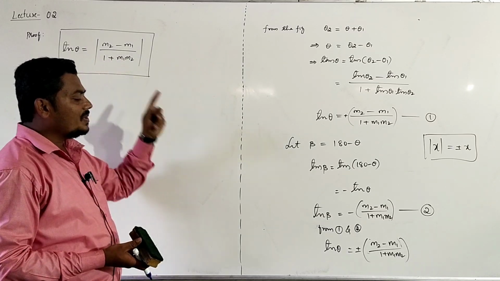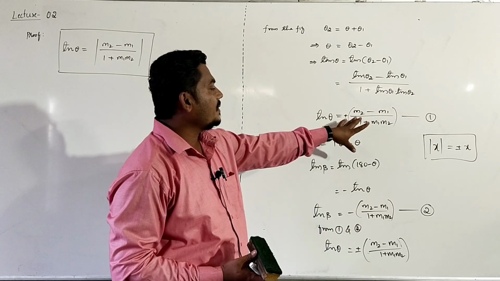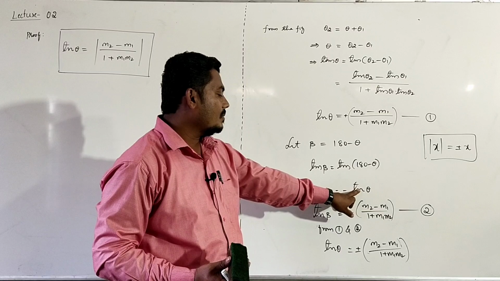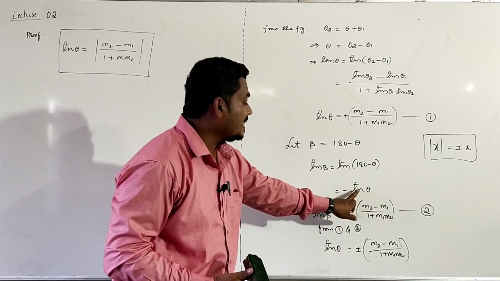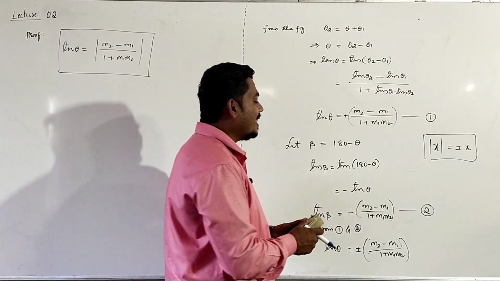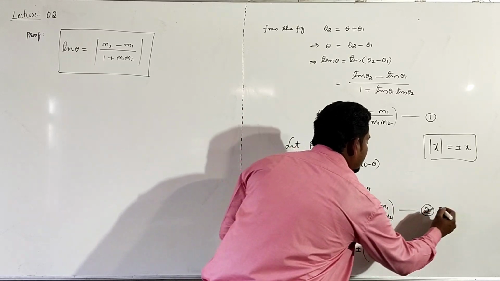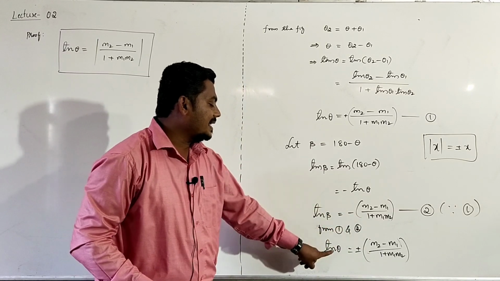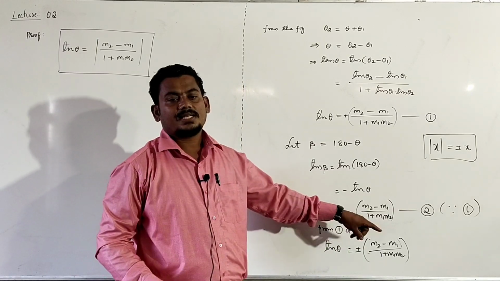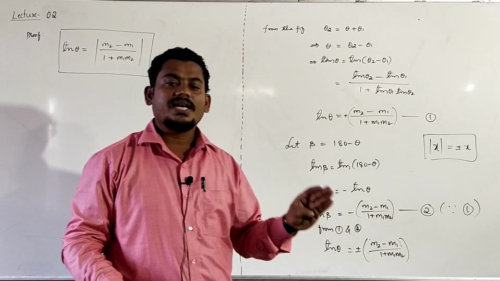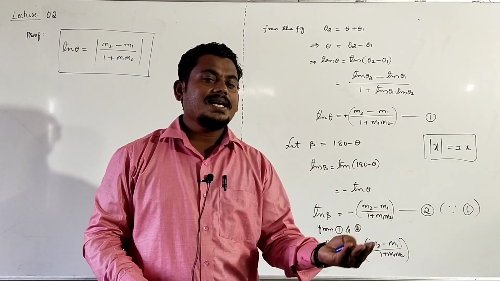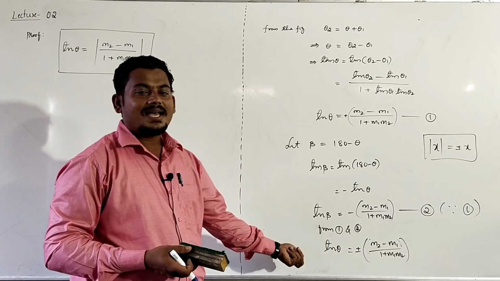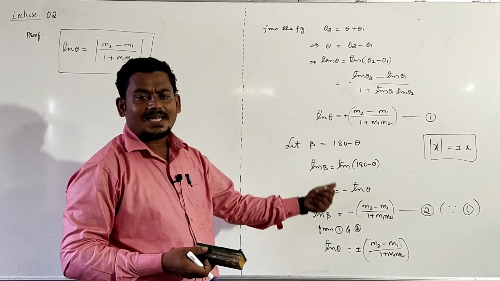This modulus sign is because of the plus or minus sign. In equation number 1 we have a positive sign, in equation number 2 we have a negative sign. Minus tan theta, I just replaced the tan theta value. This expression is because of equation number 1, right? Then you get tan beta is equal to this expression. In this case both beta and theta represent the angle between straight lines. So instead of taking beta, you can take either tan beta or tan theta.